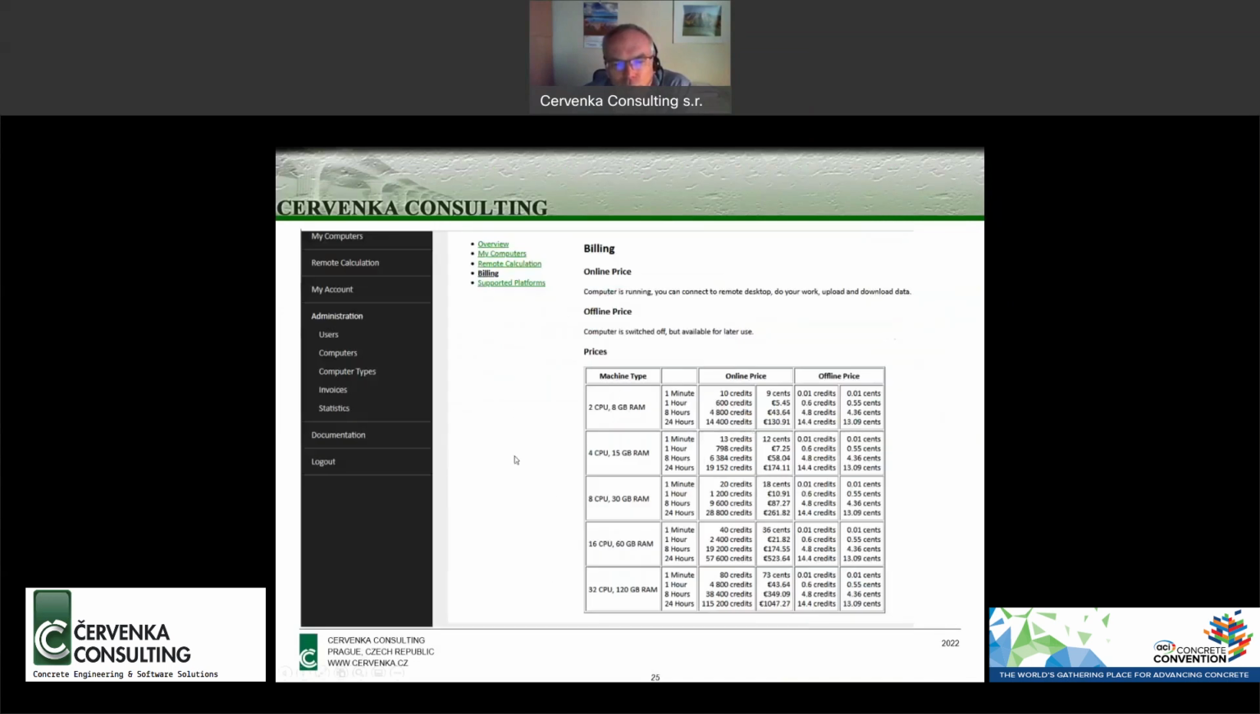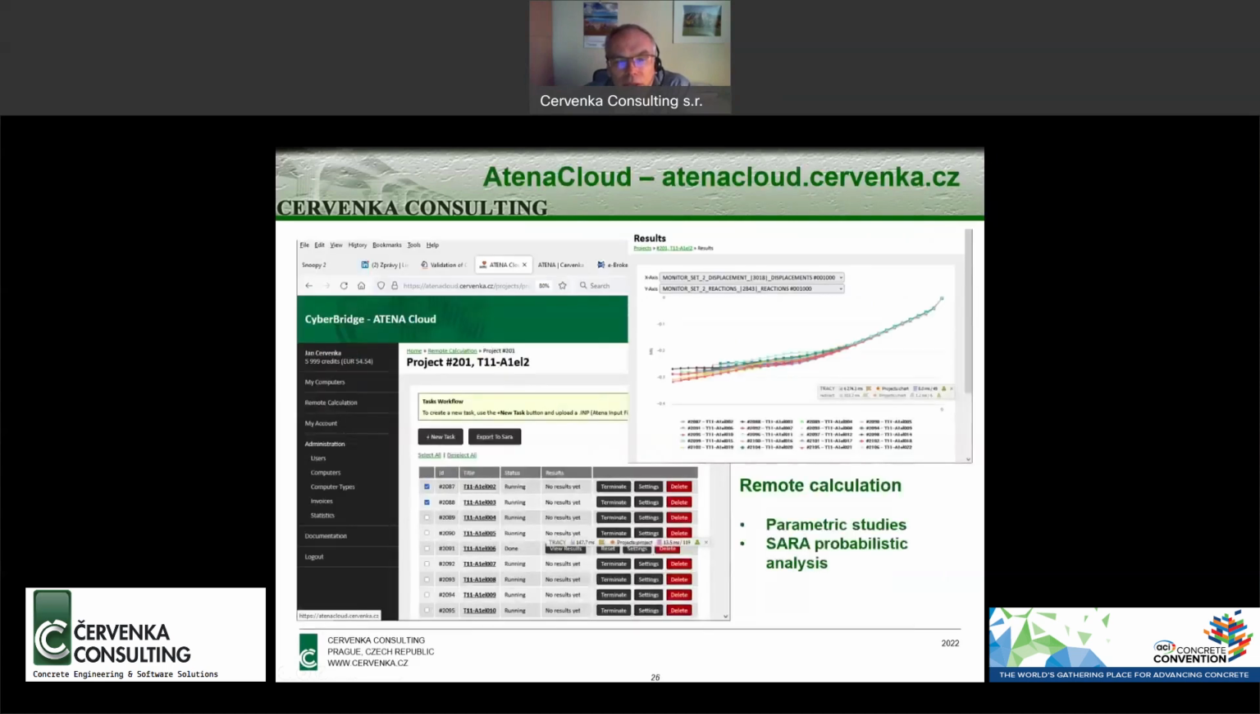We have also added new powerful computers. An interesting thing about this application is that if you need to make some large model, you can rent a computer which has, for instance, 32 CPUs and 120 gigabytes of RAM. Another interesting application of this Athena Cloud, or this cloud computer, is that you can use it to run